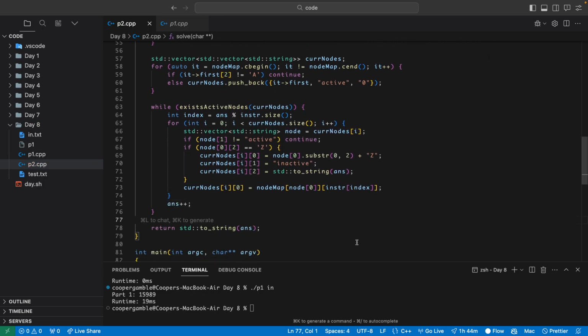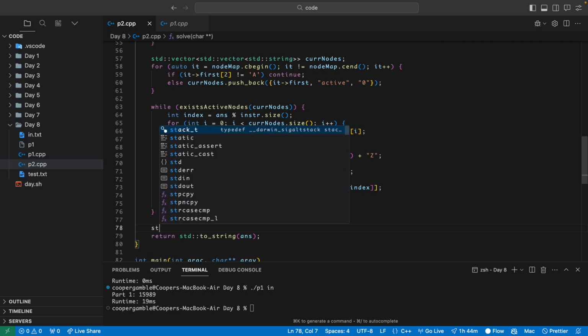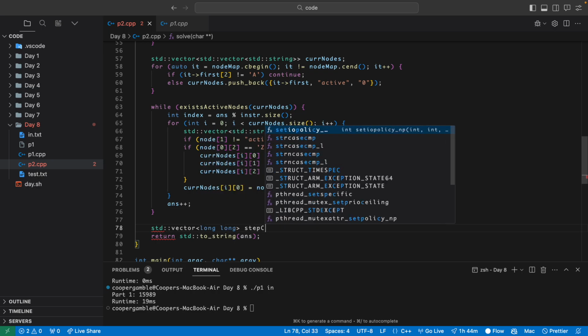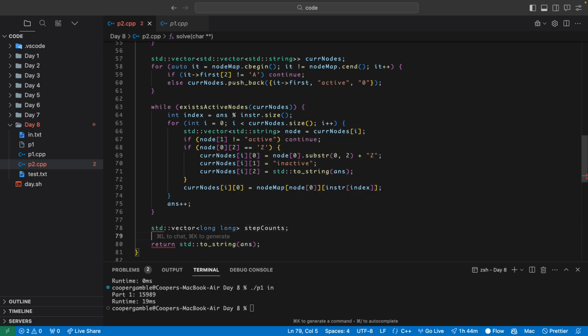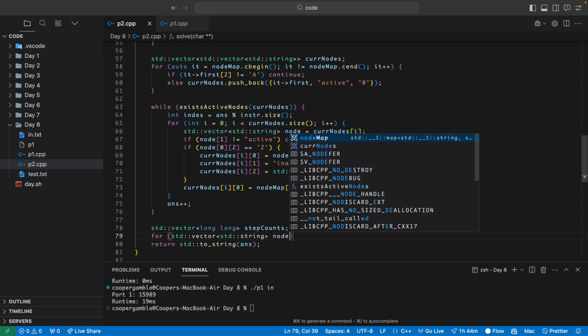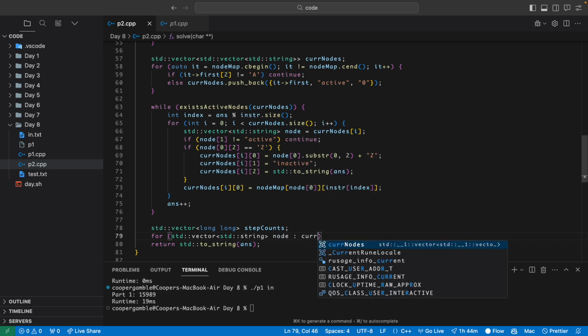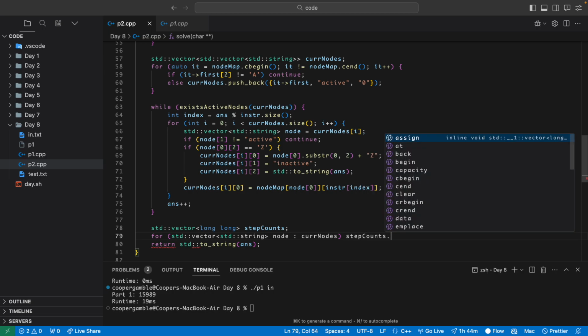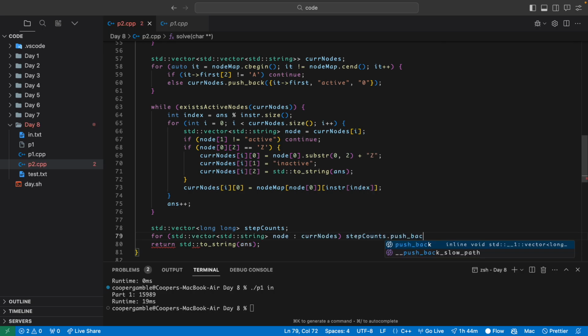Wonderful. And now let's find the least common multiple. So first let's populate a vector of long values called step counts, and this will store all of the step counts for each path. And for this loop, I should just be using auto here, it's fine, but I already wrote it. So for current nodes,